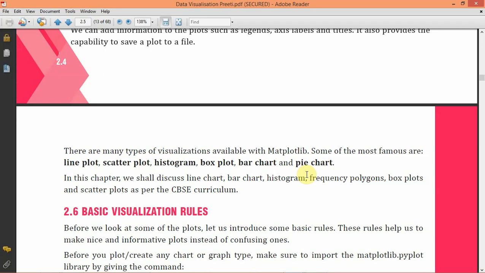Other charts like a scatter chart, box plot are removed from syllabus this year due to this COVID-19 pandemic.